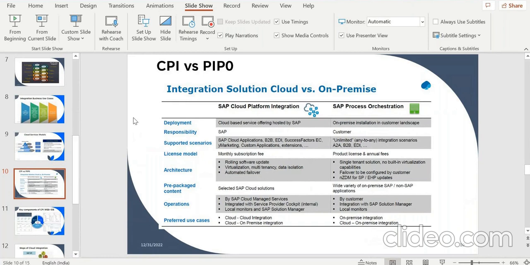so whatever is required, we'll be accessing that part alone. What I'm trying to say is, in the case of PO it is a product license and annual fees, we need to pay it annually, we will not have something like a subscription. What I mean to say is, you go to a movie, you pay some amount in order to watch the movie. I'm just giving an example. So that is the case of